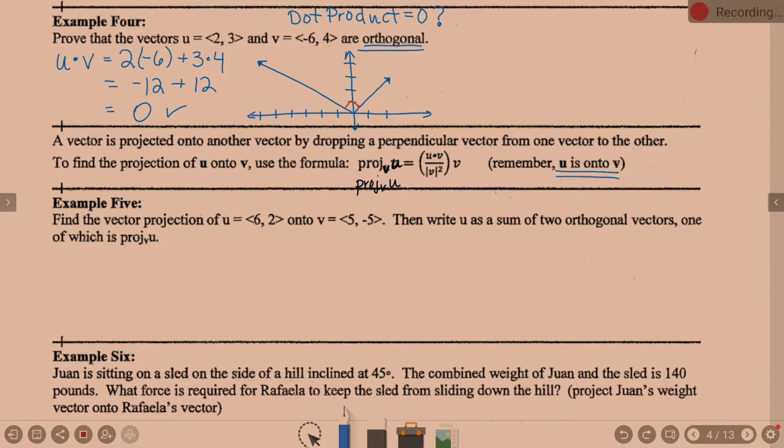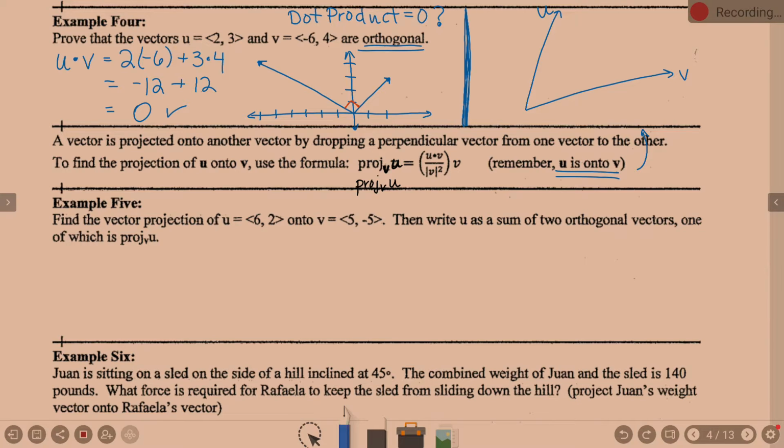So, this is us talking about projecting vector u onto V. Let's see. I'm going to come up here because I have some empty space. I like empty space. And so I'm going to try and give you an idea of what I mean here. So if I have, we're going to call that vector V. And I'm going to call that vector U. Okay? And so the idea is if I am projecting U onto V, it's dropping a perpendicular vector from one